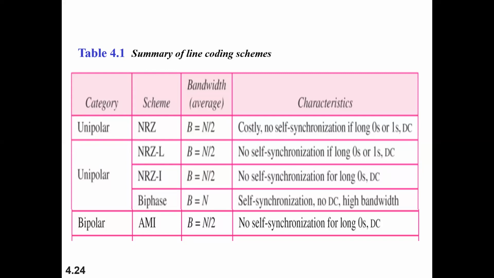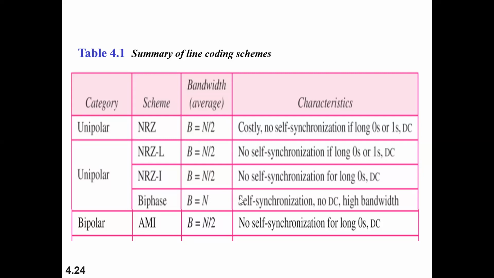What does that mean? Synchronization is with respect to time. Within that particular time, if something goes wrong, it is not having anything because it is not returning anywhere in between. The whole signal element will be lying on the same level itself. If one is transmitted, the signal element will be at the highest level. If zero is transmitted, the lowest level of amplitude will be transmitted. So if something goes wrong in between, it will not be captured.